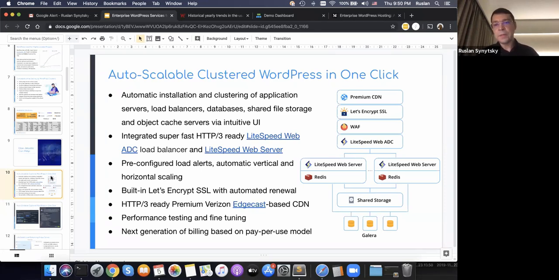And actually, Lightspeed is focusing on WordPress and Magento very much. So these guys know their job very well. We also use Lightspeed as a web server. Again, it's possible to use Nginx instead of Lightspeed, but by default, we recommend using the Lightspeed web server. In each container with the Lightspeed web server, we deploy Redis for object cache. It reduces the number of requests to the database, and it speeds up performance significantly at the end.